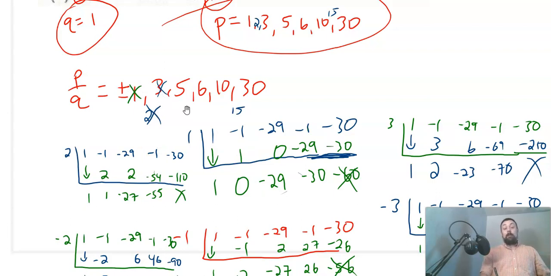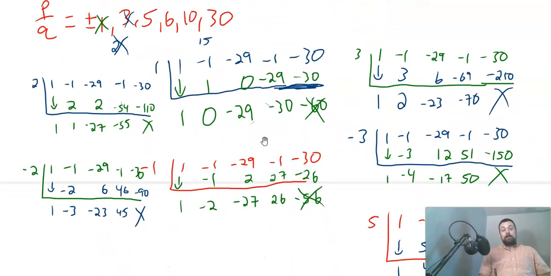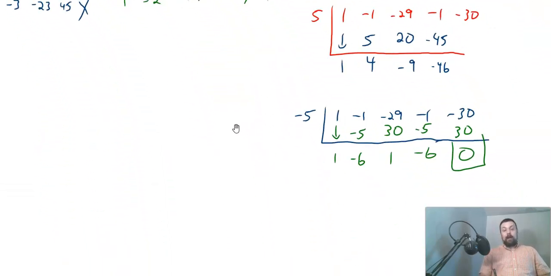I ended up checking 7 numbers before I finally found one that worked, right? And it was negative 5, right? So you can see all the work I did here. Finally, I find a number that gives me a remainder of 0. So that can happen. I did 8 synthetic divisions. And on the 8th one, I found a number that worked, right? So I can